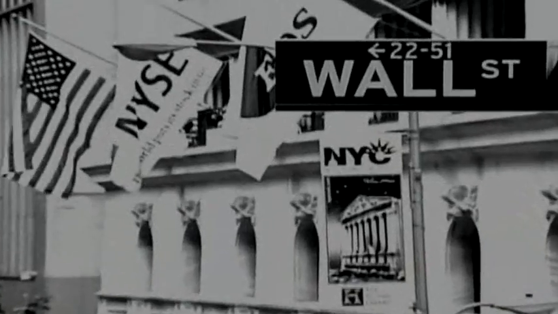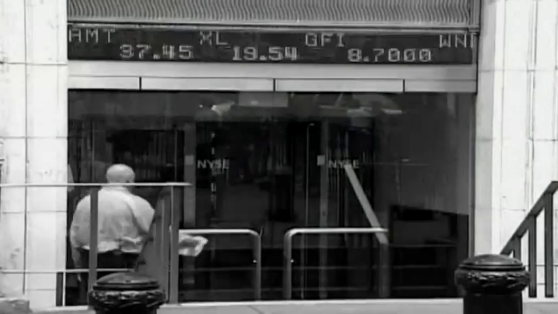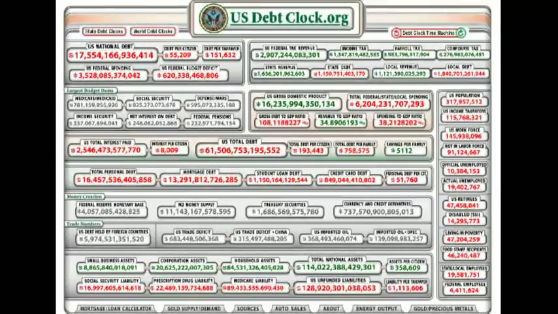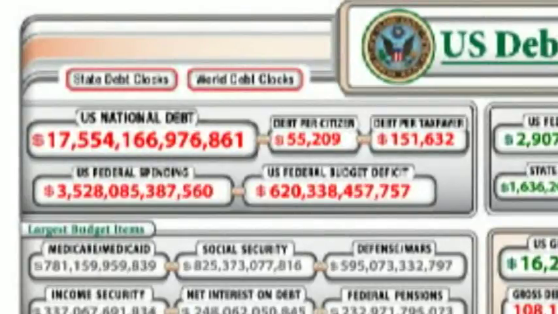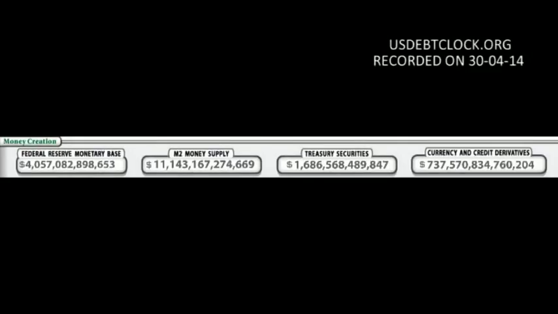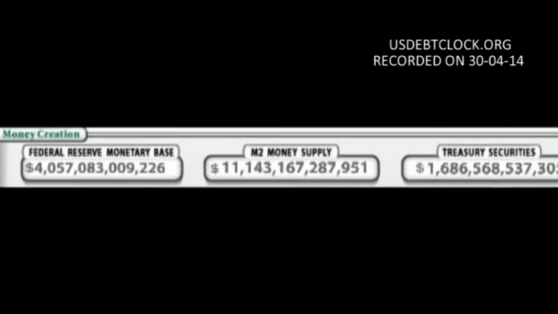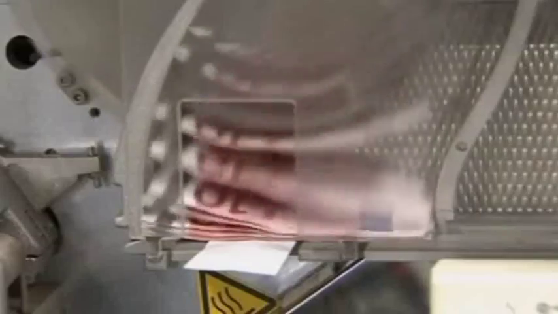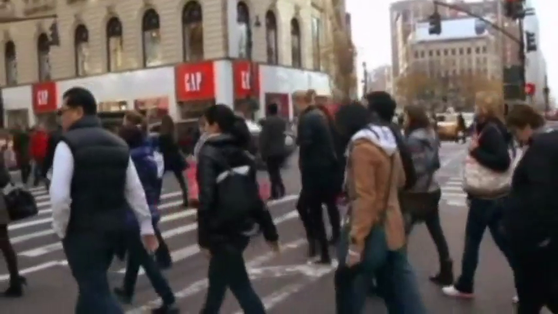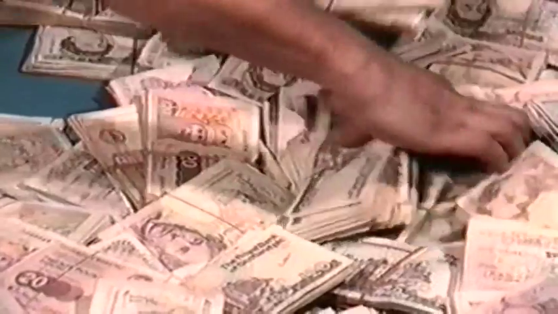Governments are facing a similar problem, except that their debt is on a whole other level. US national debt currently stands at more than $17.5 trillion and is going up literally by the second. Don't believe us? Try taking a look at this. You can even watch how much money is being created live. So, to sum up, as more money enters the system, the more the prices rise, and the more debt that people and governments are forced to take on.